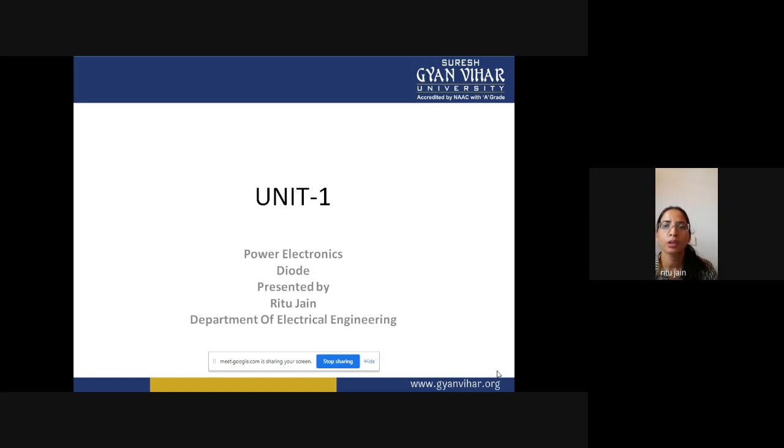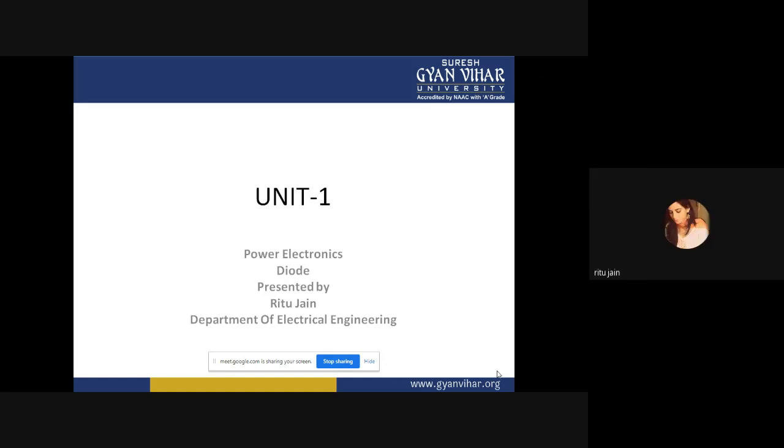It works in two modes. One is your forward biasing mode and another one is your reverse biasing mode. In forward biasing mode, the anode is positive with respect to cathode, meaning the arrow terminal is positive with respect to cathode, and in reverse biasing, the anode is negative with respect to cathode. It will conduct only in forward biasing mode, and the current will flow through the diode if it is in forward biasing mode. In reverse bias, the diode will not conduct and it will behave like an open circuit